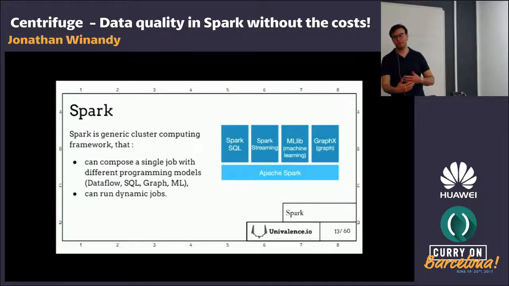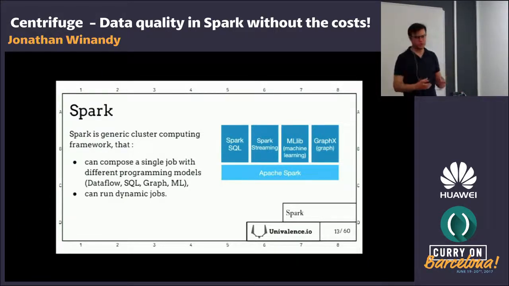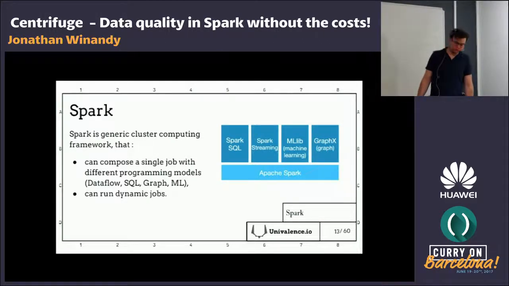You can start your pipeline with generic distributed computation, then switch to SQL, then switch to graph and go back to generic distributed computation. So you are always using the best tool for the job in Spark. You could do everything in SQL and try to push some of the computation into SQL, but what's good is that you have the choice, and it is a very active community.